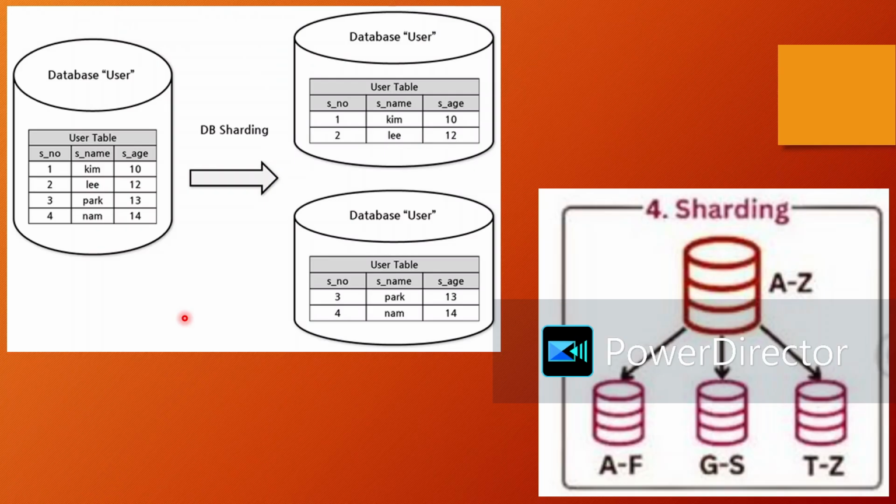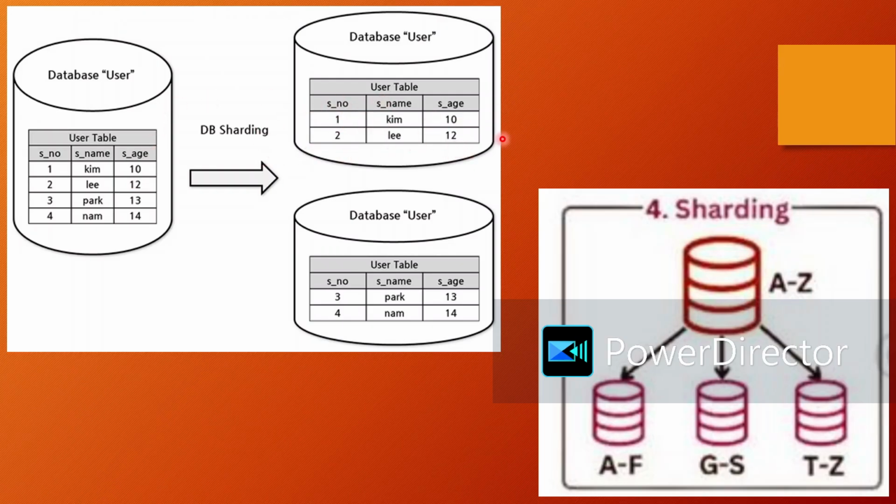Basically, what does sharding do? It separates each of the data. As you can see, 1 to 2 is separated here and 3 to 4 is separated here. So this is called horizontal sharding. Why horizontal sharding? Because it is splitting the table into different